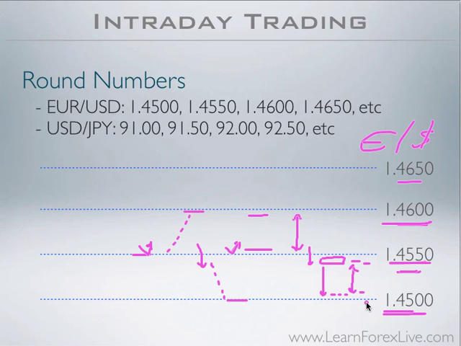Then we may choose to let a second portion of the trade run to further profits down below, for example to 144.50, since it's the round number immediately below the 145.00. But at least the first target, the first portion of the trade, we want to squeeze it between these